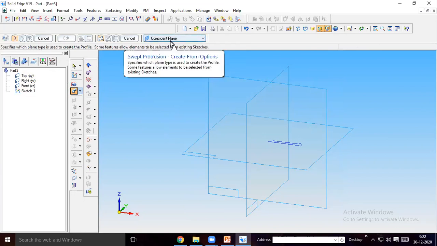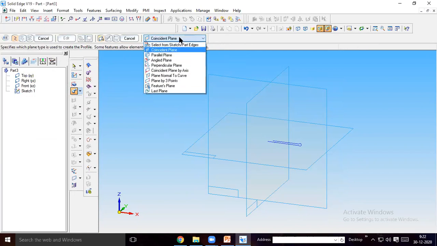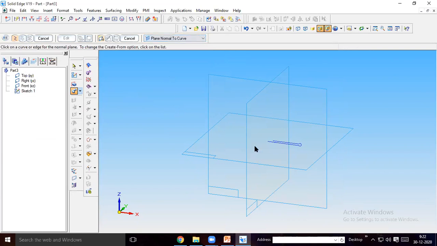Select here, coincident plane is there. Select plane normal to curve. You have to select this one. This is very important: plane normal to curve.